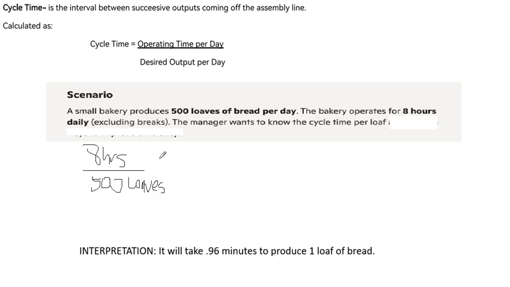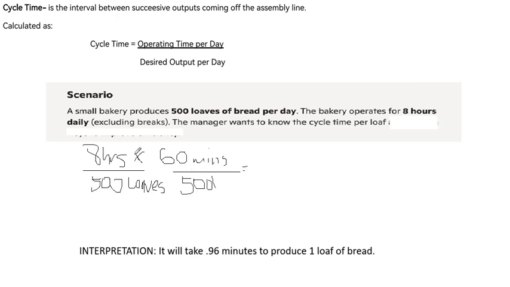Okay. So next thing is we are going to change hours into minutes. So how many minutes are there in 1 hour? That will be 60, right? So 60 minutes. And just copy what is on the other side. That's 500 loaves. Sorry, I'll just put 500 here since I do not have a pretty big space here.